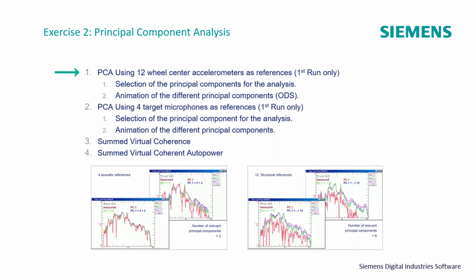Exercise 1 used the 12 wheel center accelerometers as the references. We use that to calculate the principal components. One of the tricks we like to do is animate those principal components. You can take those principal components into operating deflection shapes and then see if it looks like parts of the road you're driving over. So perhaps you've got a sinusoidal part of the road, and when you animate that frequency, it's got a certain shape. You can animate each of those principal components, and they may provide insight into things the road is doing or things the front and the rear suspension are doing. So you may see modes of the suspension systems, for example. So animating the principal components is useful.